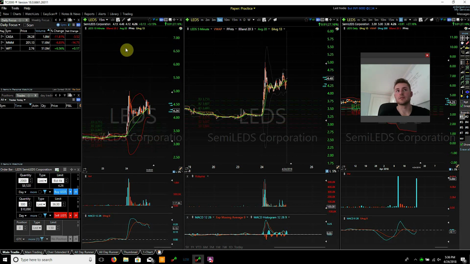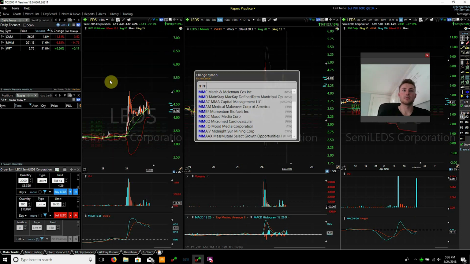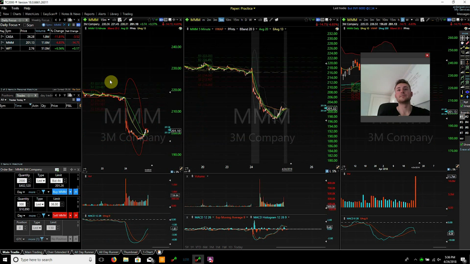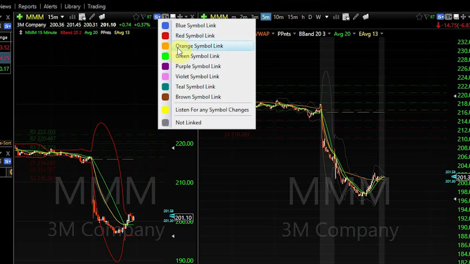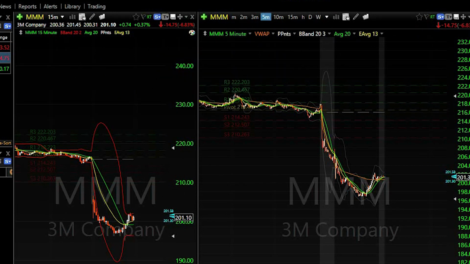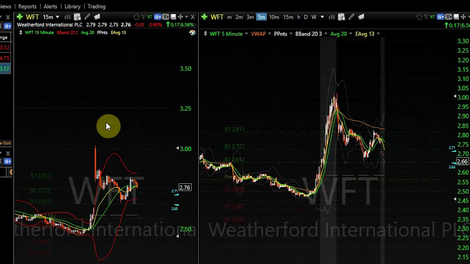So time frequencies for charts are very simple. You just click anywhere on the chart, and let's say I wanted to look at MMM, which is something I traded today. Boom. You just start typing and hit enter, and it'll shift all the charts to that stock if they're keyed into the same color. Also, if you create a watch list and you change this color right here, blue symbol lock, to these charts,